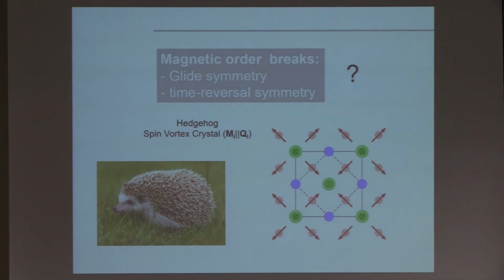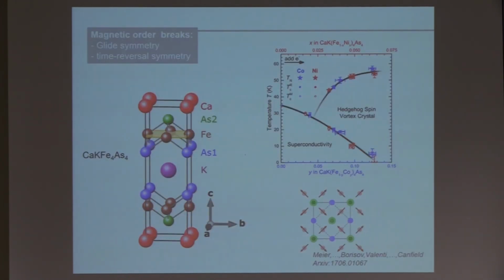This has in fact been discussed a lot at the level of group theory. And recently the group of Paul Canfield synthesized this material. The idea is that this is a 1-2-2 material, so you take again these iron arsenic planes,